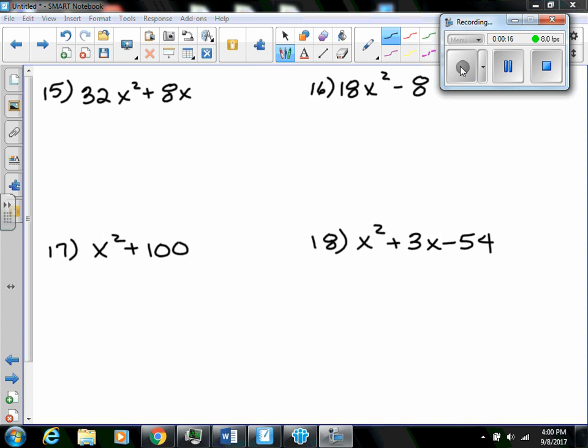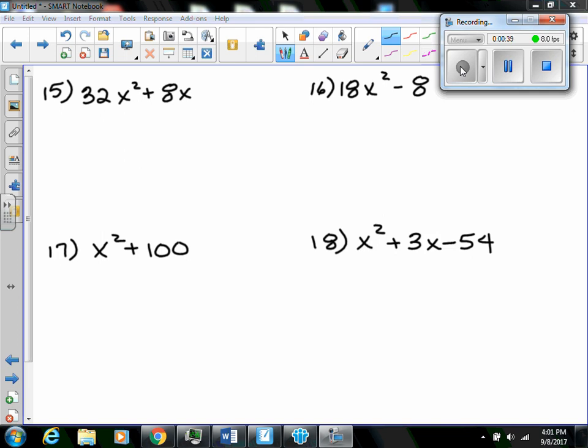What I do want to remind you of, though, is that these are expressions. There are no equal signs here. That means that you are simply going to factor them and move on to the next problem. You're not setting any of the factors equal to zero because there is no equal sign. Okay? So for number 15, in order to factor it, you're going to look at the problem